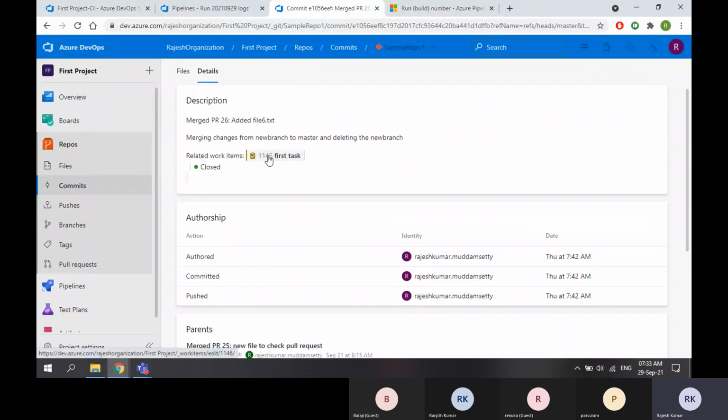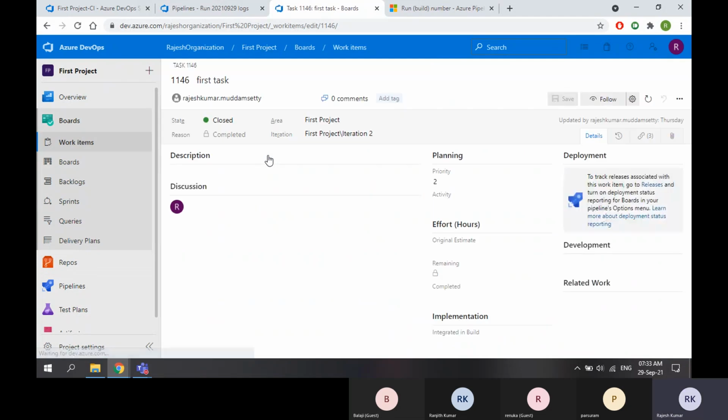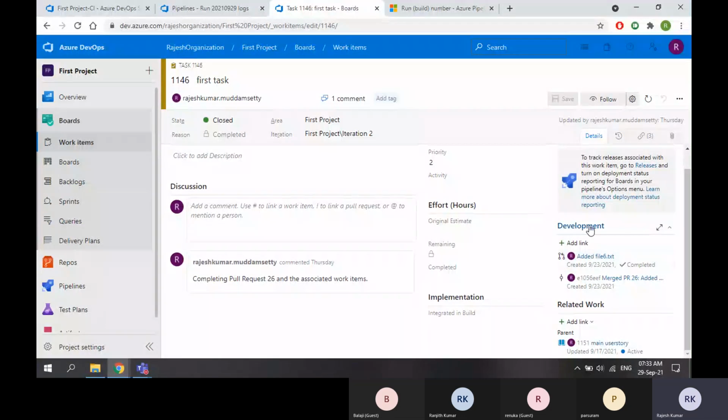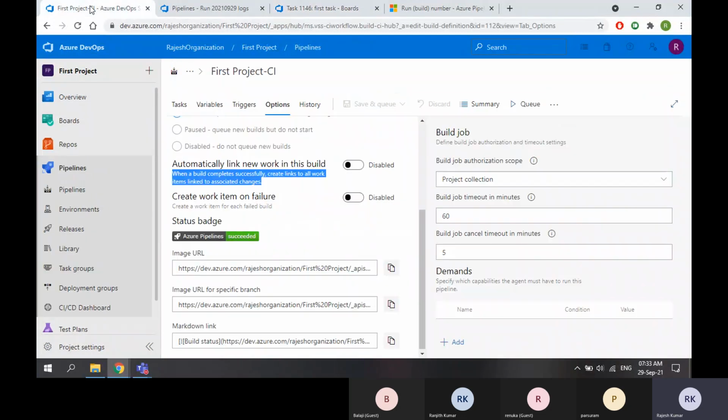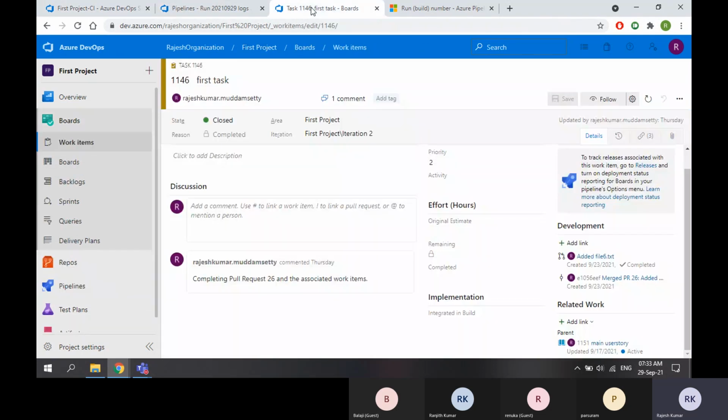When I go to 1146, see, in the development area, there is no build link. If I enable this option, whenever this build completes, it will be linked to the work item here under the development area.